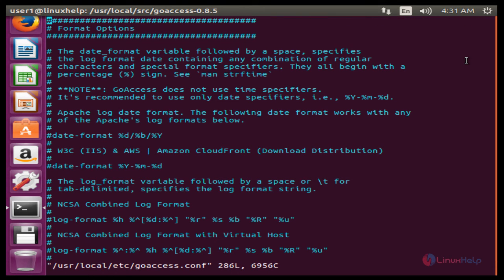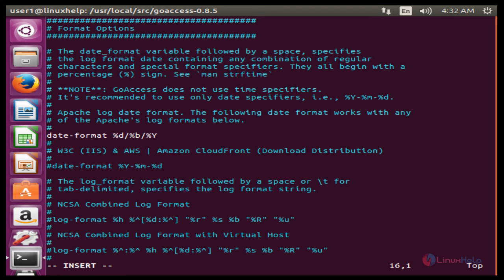Now press I to insert. Then search for the line of date-format. Now remove the hash. Next search for the line of log-format. Now remove the hash. After editing the lines, we need to save and exit from the file.